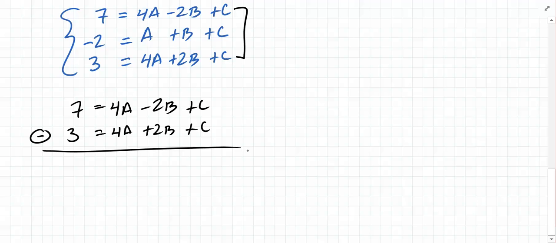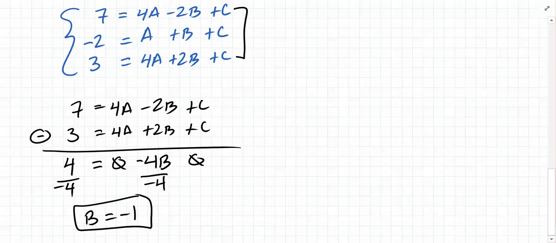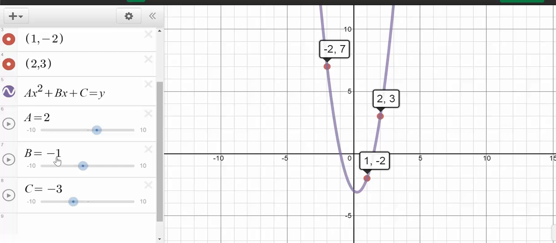That goes away. How nicely. negative 2b minus 2b is a negative 4b. And then c minus c is nothing again. If I divide both sides by negative 4, I confirm that b is worth negative 1. Isn't that exactly what we thought it was over here? B was worth a negative 1? Mind blown. Okay, so now that b is worth negative 1, remember the strategy again is to pick